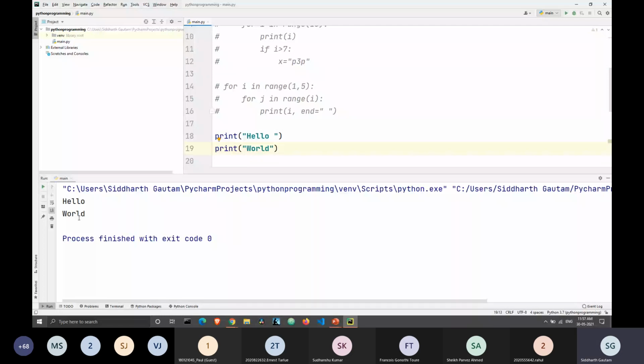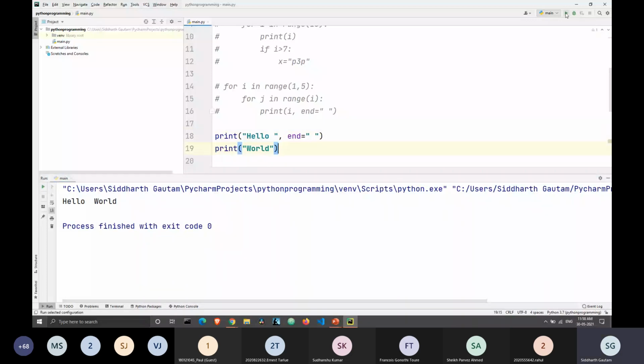But what if I don't want to print that in the next line? In that case, what I will do is write a comma, and I will write end is equal to a blank space. So what's happening here is that instead of going to the next line, it is only going one space further. This is my string, and after this string, instead of going to the next line, it will just jump a blank space, and then the next print statement will get executed. Let's take a look here. We will execute this. As you can see, hello and world get printed in the same line.